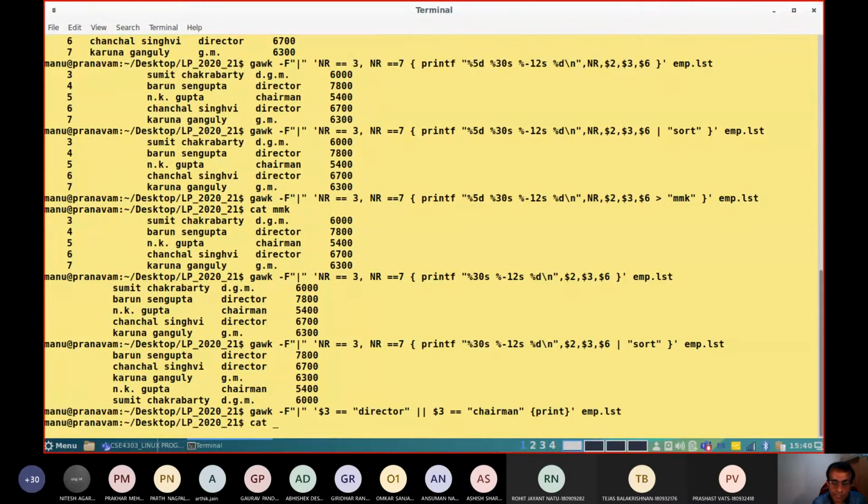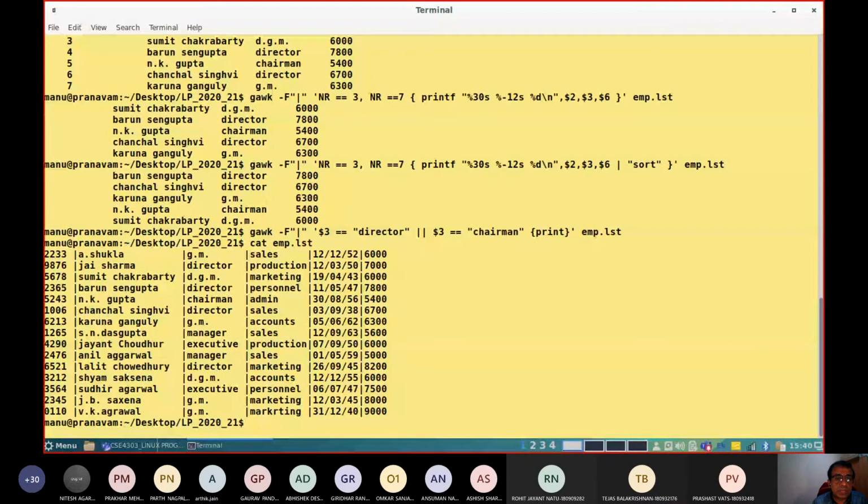One sec. Look into the particular field 1, 2, 3. Director. The second field is a chairman.